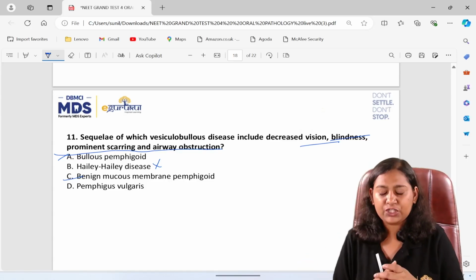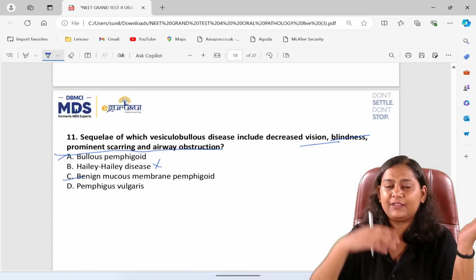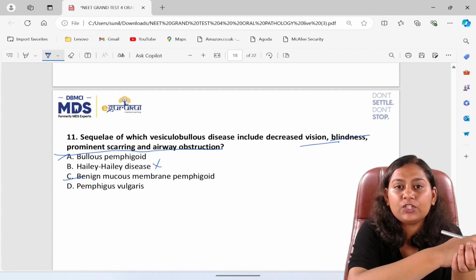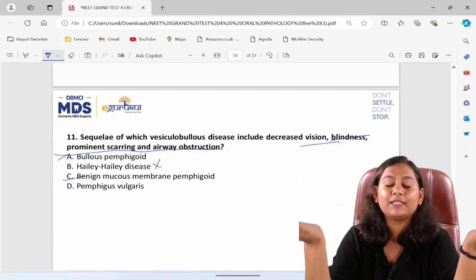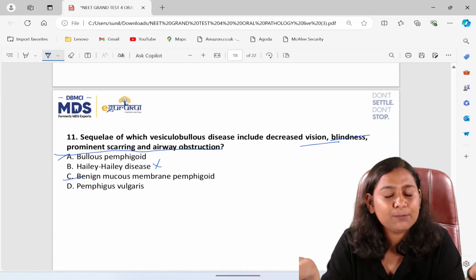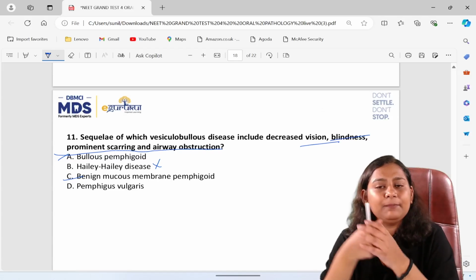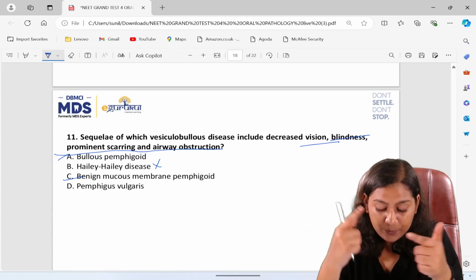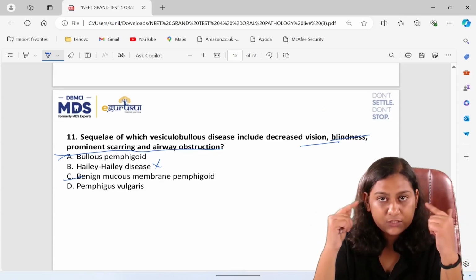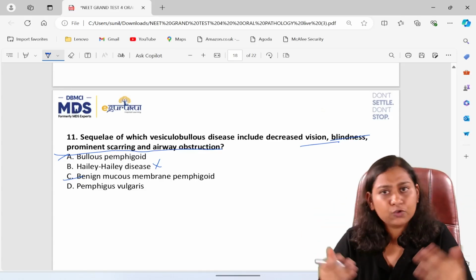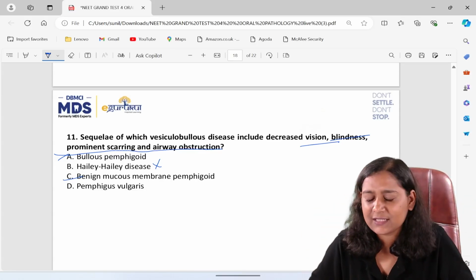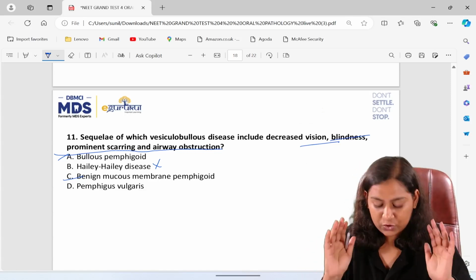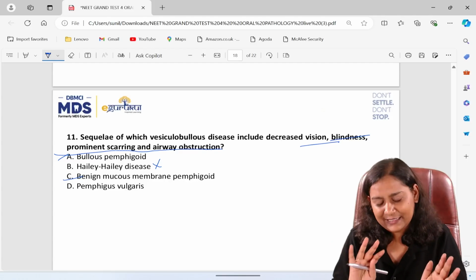So first, the differentiating feature between pemphigus and pemphigoid. What do we see in pemphigus? Histopathologically, we see a suprabasilar split because here the desmosomes are attacked, while in pemphigoid the hemidesmosomes are attacked. That is why we see a subbasilar split. So this question has also been asked many times. Now you know this question because I have been discussing the same recalls and same GTs again and again. Now this is a slightly different question.